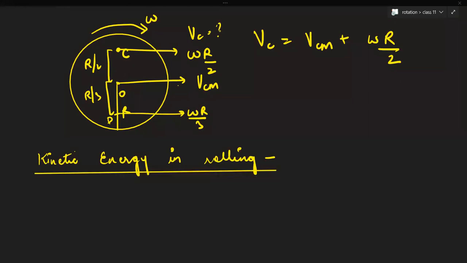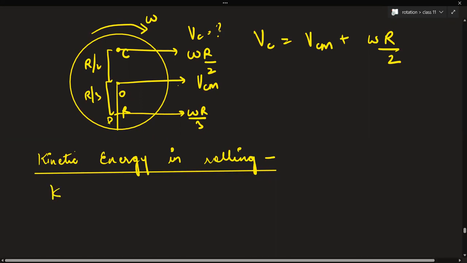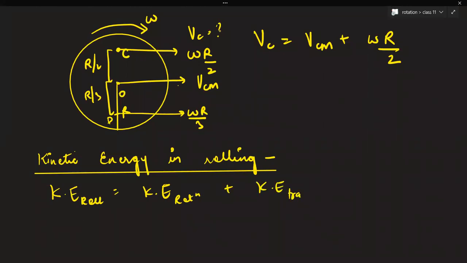See class, kinetic energy in rolling is the last topic of this lesson. Kinetic energy in rolling is also similar to acceleration and velocity. Kinetic energy in rolling will be equal to kinetic energy of rotation plus kinetic energy of translation. So this again is not difficult. Why is it not difficult? Because here the kinetic energy of rotation